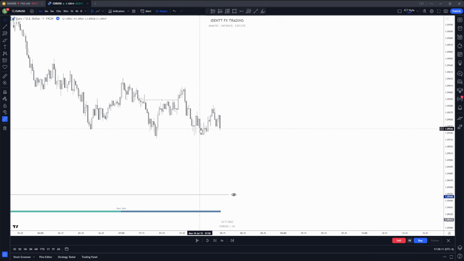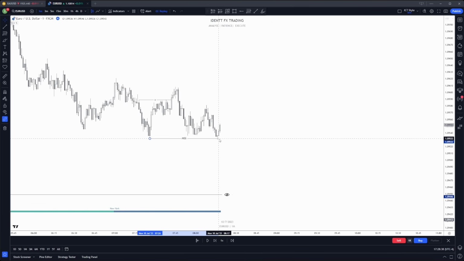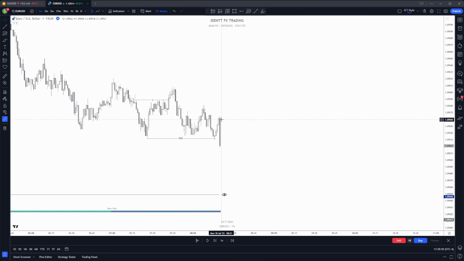Now, what I was looking for was a market structure shift, which in this case we didn't really get. As we can see, because this is the downwards side of the leg that actually took out all of that liquidity, this is the level that I'd like to see broken for the market structure shift. We actually violate this low, but we do not really close below it, neither do we show displacement. So again, the criteria that I'm looking for is the sweep of liquidity, the market structure shift, and the displacement. We don't have any of those things just yet, except for the sweep, of course.